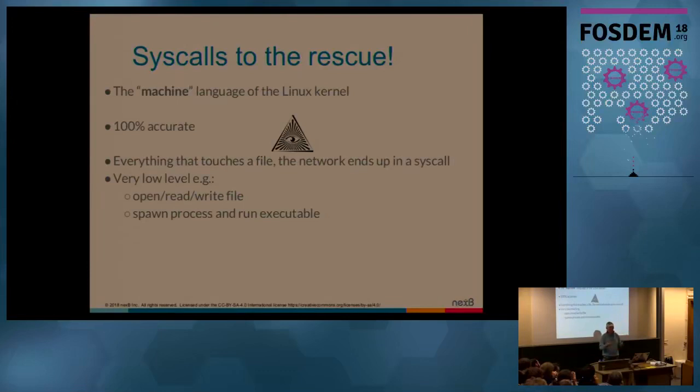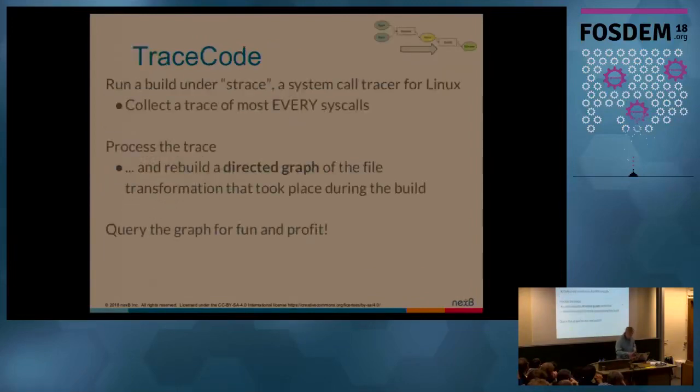Now the other thing about system calls, at least in the context of Linux, is that everything you do in user space ends up as a system call in the kernel. It's 100% accurate. So you know everything that happens, but you're looking from below. The only thing you see is open file, read bytes, close file, these kinds of operations, very low level, but you see everything. So the tool is called tracecode, and the approach is fairly simple. You run your build under strace,